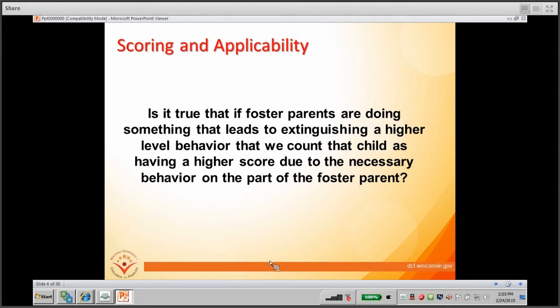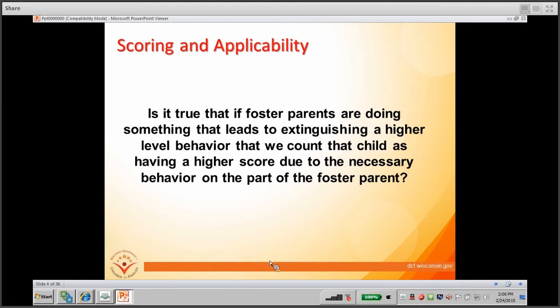So this is where CANS key principle number 3, which talks about rating the child versus the child in services, comes in. And it states that if an intervention is in place that is masking the need but is necessary to address the need of the child, this should be factored into the rating.